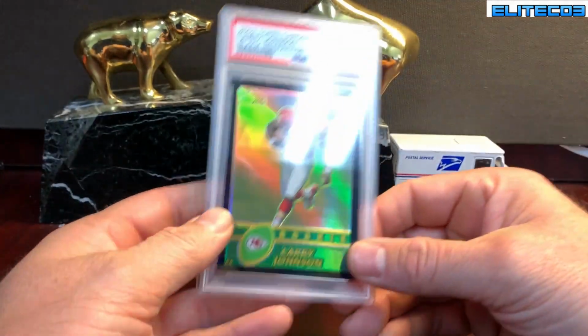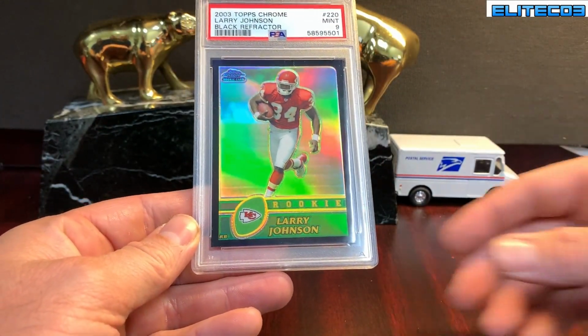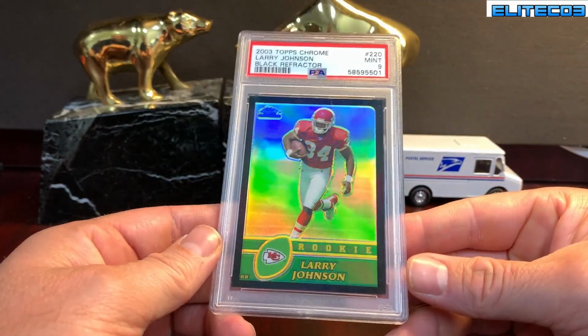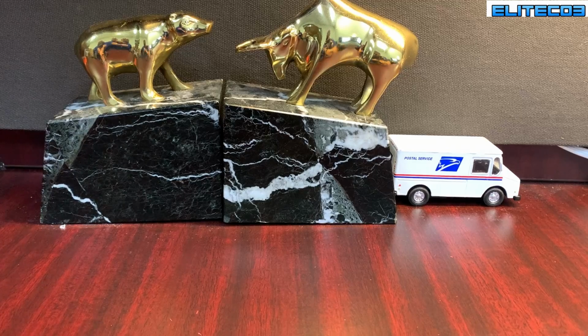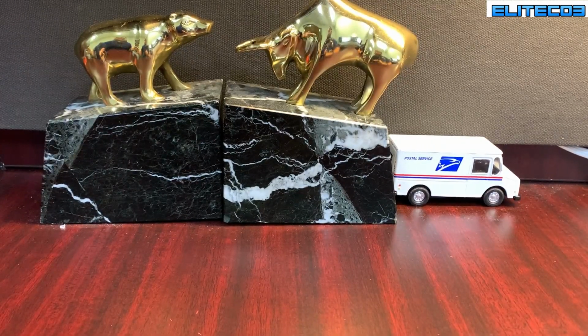This is kind of cool too. So I snuck in some Larry's, but it's the black refractor to 100. Here we go. Jump into